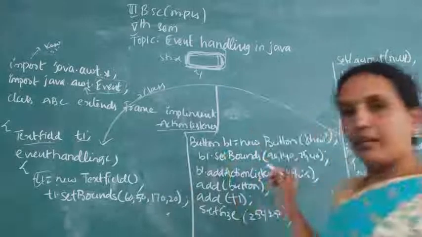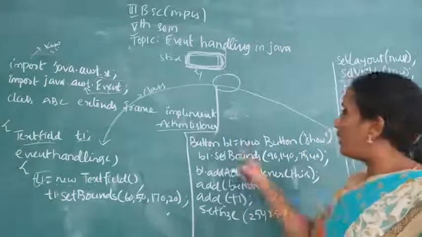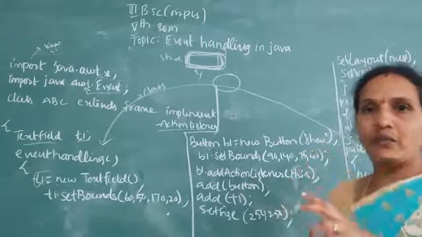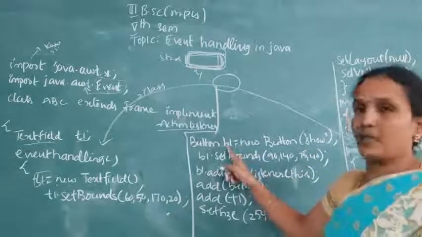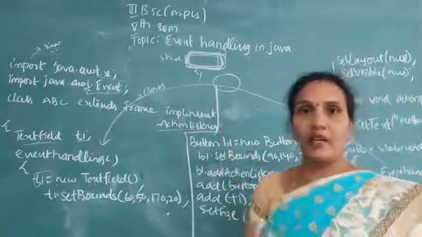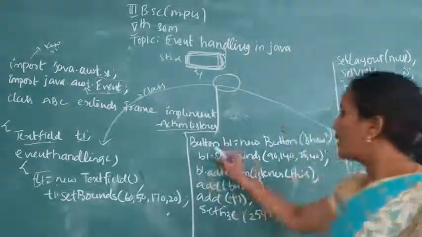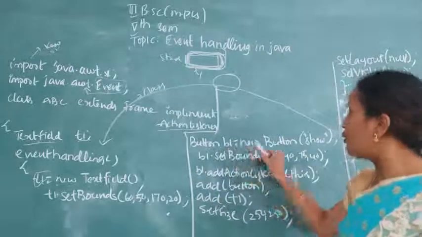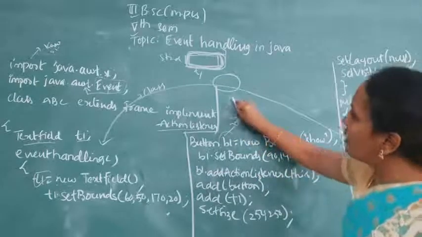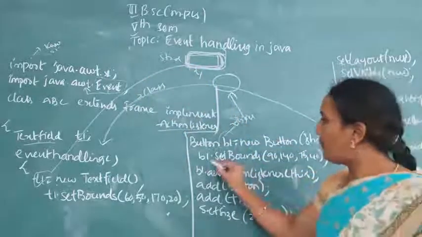Now after that I am creating a button like this, one button. Okay, button is an object. For every component on the frame, there should be an object. Button B1. If it is a button, and if you are creating a checkbox, for checkbox also you need to create an object. Button B1 equals new Button. So here now I am creating an object. Object of what? This button. And T1 is an object of what? TextField. Okay. B1 dot setBounds.